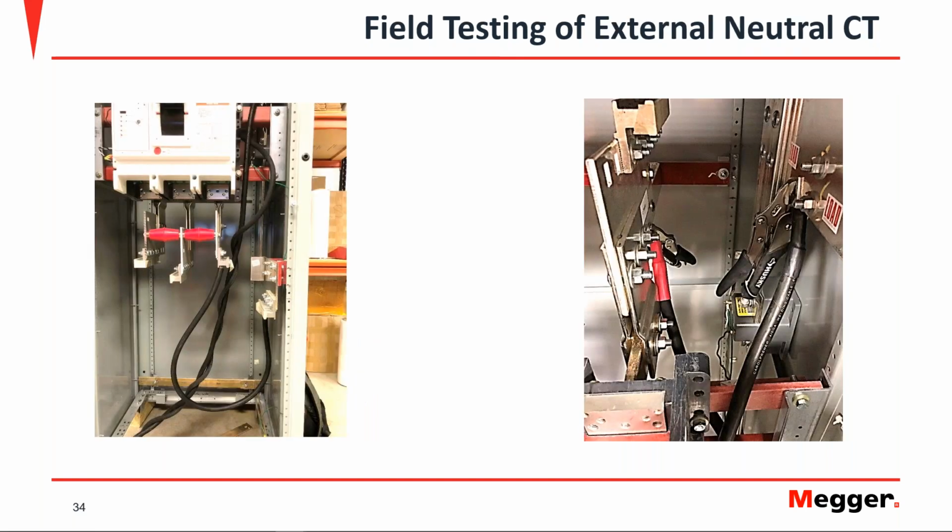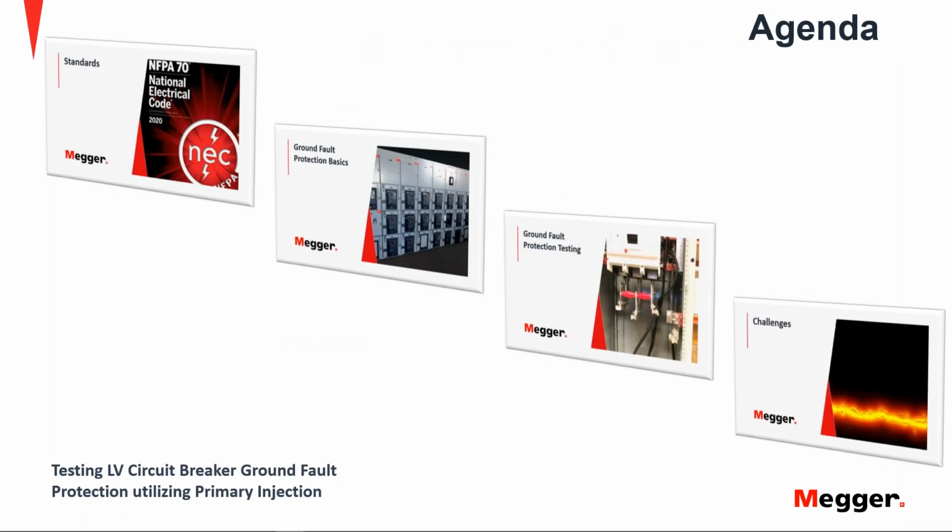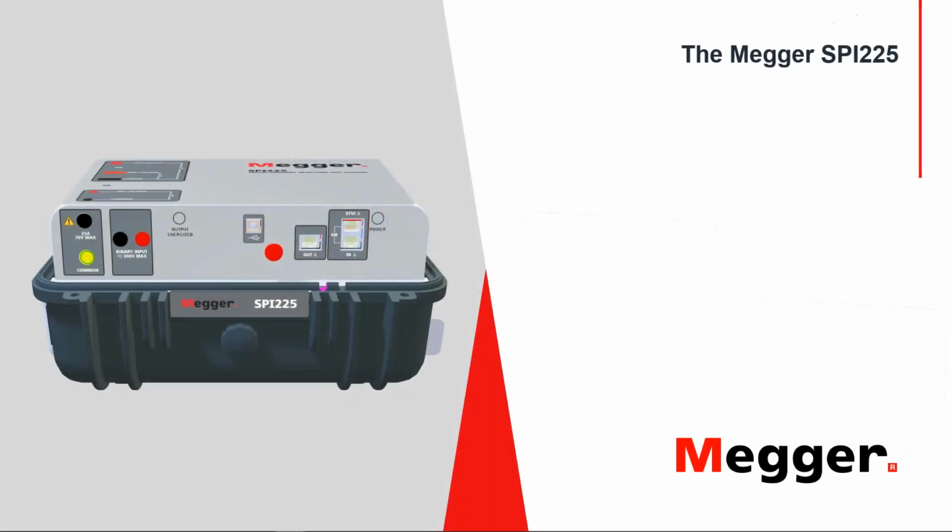A couple more examples, in this case connecting to the external neutral CT. You can see the jumpers here in the picture on the left, to connect to the neutral of that circuit breaker. So that's pretty much the challenges, and I want to use the last few minutes of my presentation. We're nearing the end of the presentation, just to talk about